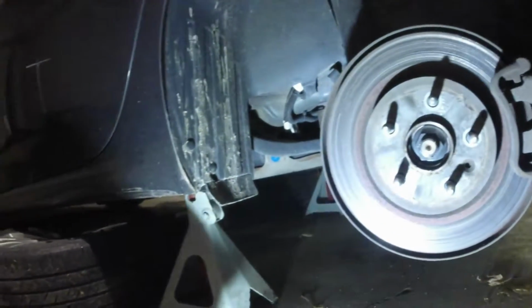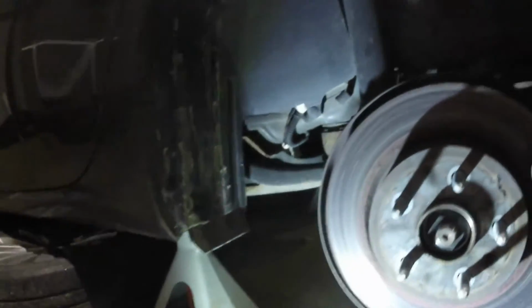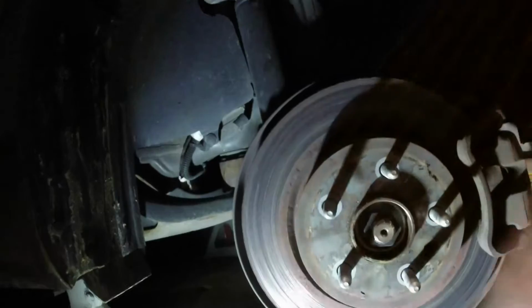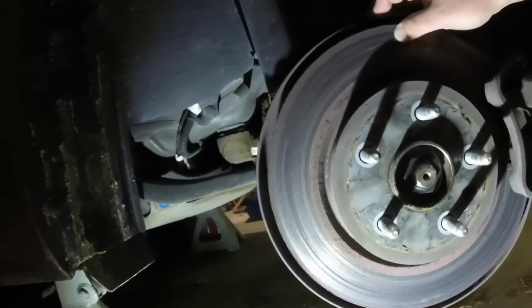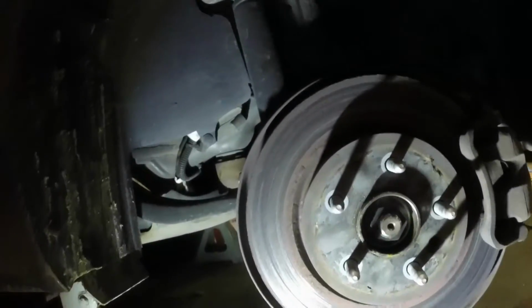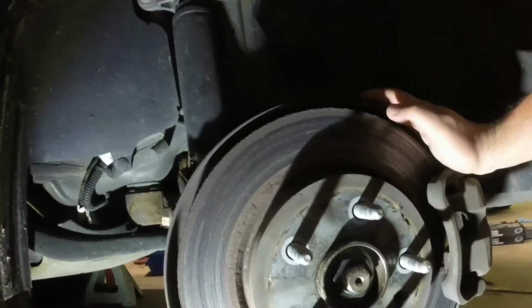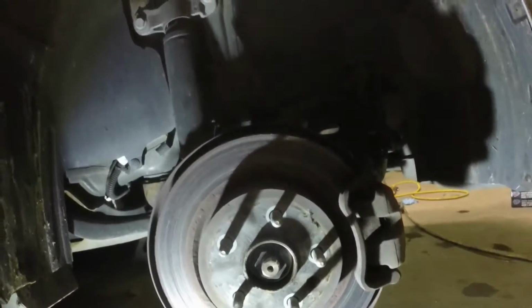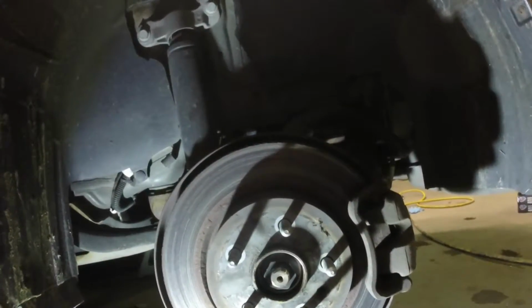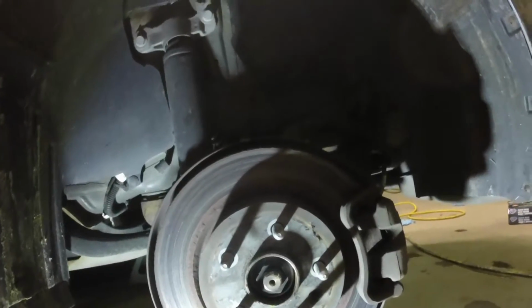Alright, so interestingly enough, the backstory behind this is these brakes were completely silent until one morning about a week ago. I really haven't driven the car that much since. I had to put a few miles on it, but now they're all grooved. They didn't look that bad, actually. They didn't look bad at all when we did the rear diff. However, there was a lot of rust on them, so I wasn't 100% sure how they were going to turn out. So I looked up brakes at Advance Auto Parts, which is where I buy a lot of my brake